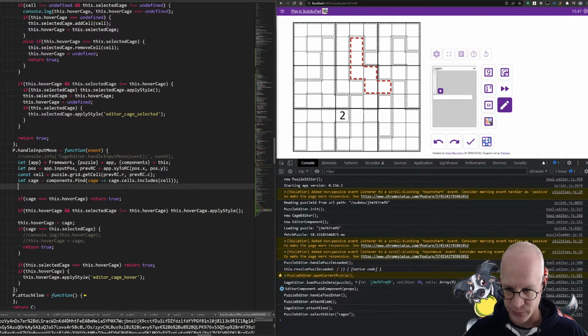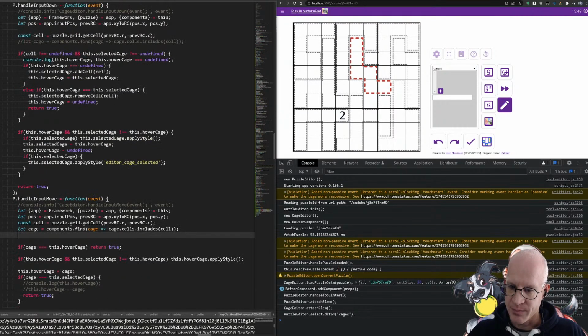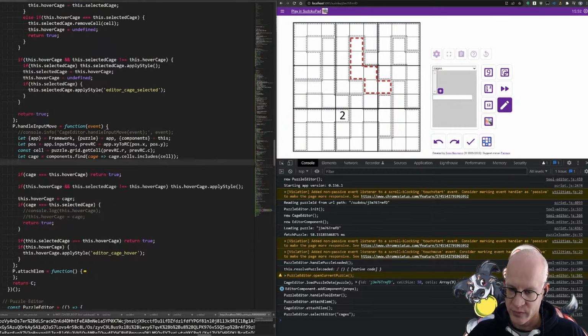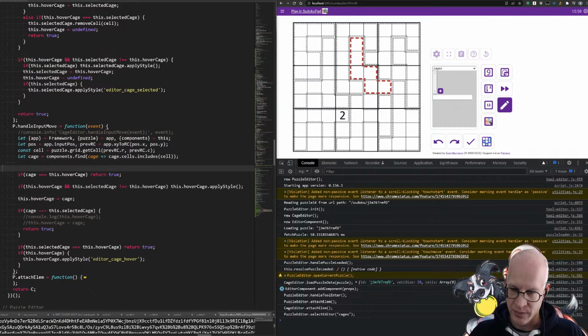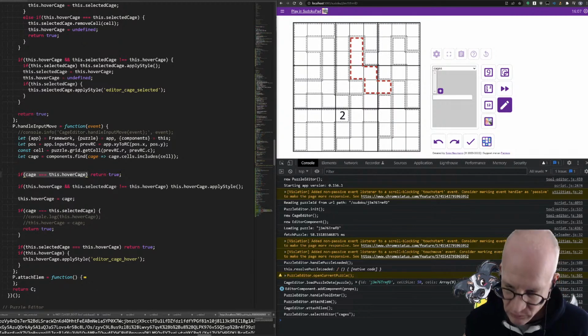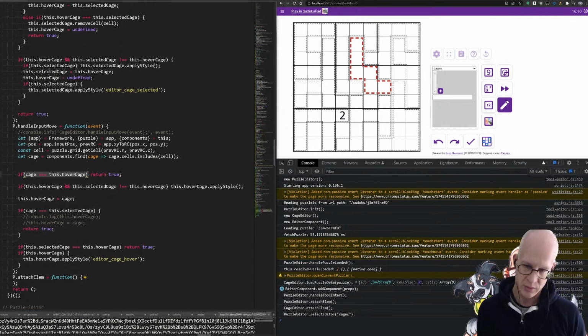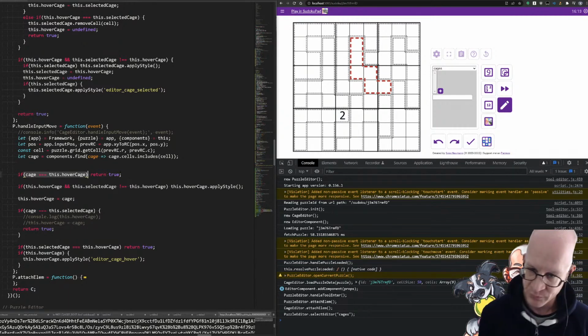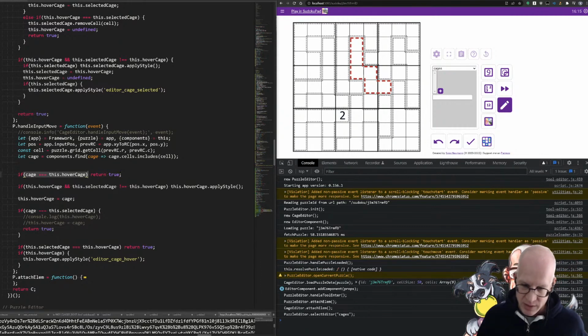All right, so the hover cage is updated on movement. At the end of movement, we're setting hover cage to cage here, right? So when we're starting, if we are hovering over the same cage we already have set as the hover cage, we'll just exit. There's nothing to be done, right? And maybe I can clean up all these return trues and do kind of a reverse thing, right? So we basically need the cage to be different than the hover cage. That's the only time we actually need to do something when we're moving. Now, if it's different and the hover cage is not undefined,